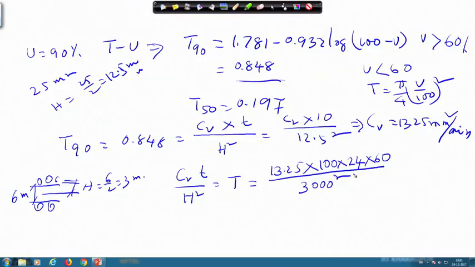So, this gives you 0.212. So, that means I am getting now T equal to